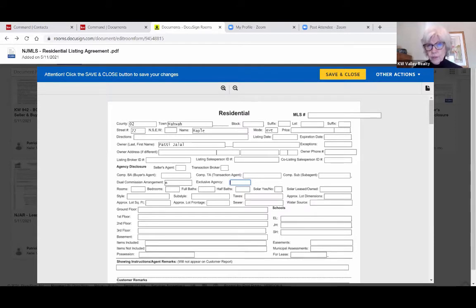We don't do those. There's no reason to do those. And let me tell you why. Picture this. I think that's Miriam. Miriam is the seller, and she has Donna as her agent. But Miriam's going to continue to try to sell it on her own, even though Donna has the listing. So let's say Miriam